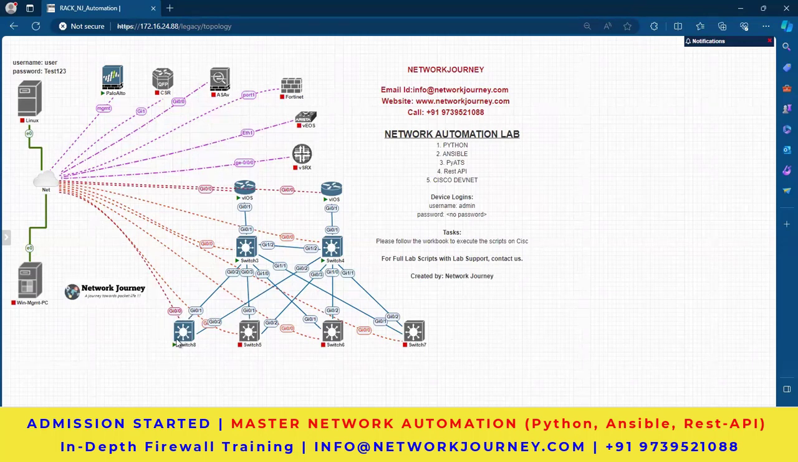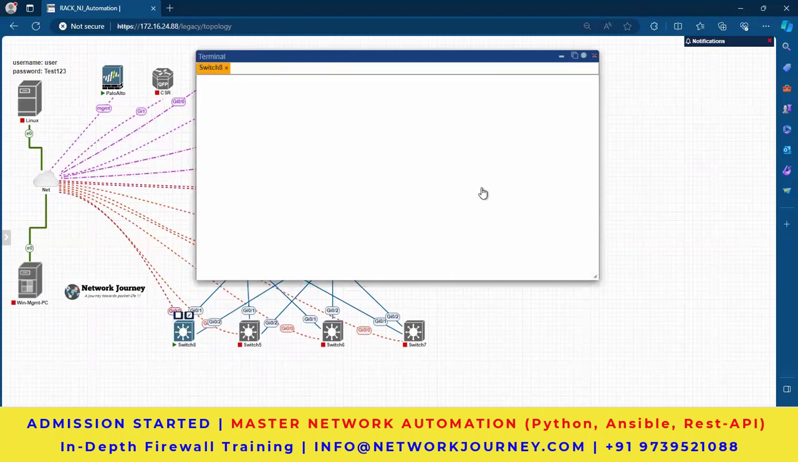I just wiped one of the devices, so if there was any config from the previous config, it will be wiped, and we can use it from scratch. Okay, if I double click this,